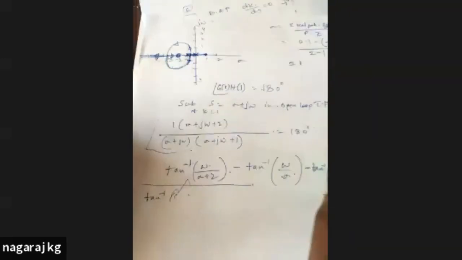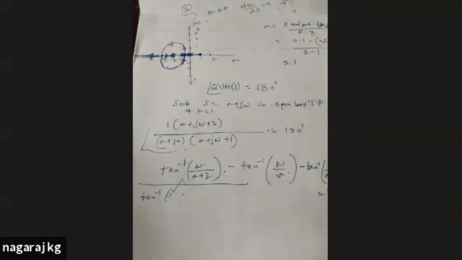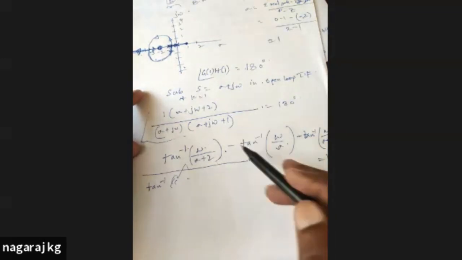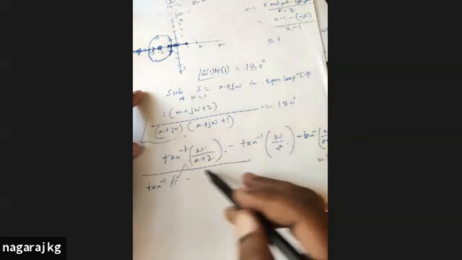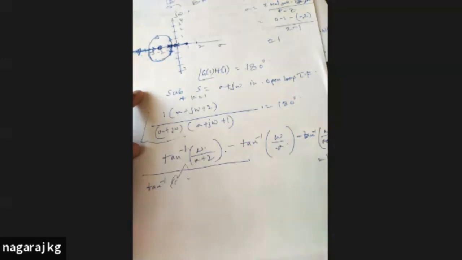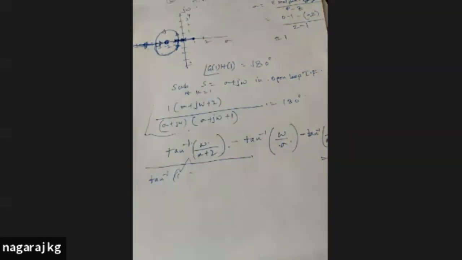You got my point? How to find the angles? To find the angle of the open loop transfer function, the numerator term is tan inverse of imaginary divided by real. A denominator term, if you take it to the numerator, becomes minus tan inverse of imaginary divided by real, and again the next denominator term likewise, and this must be equated to 180 degrees. Now you can simplify this using the tan A minus tan B formula on the first two terms. Then again go for the tan A minus tan B formula so that you get one equation. Simplify that.